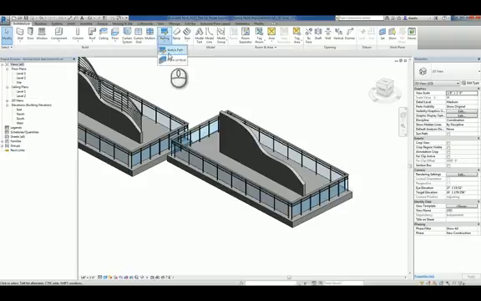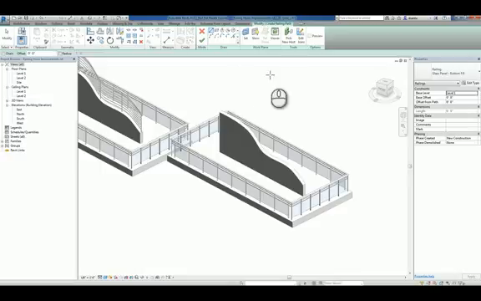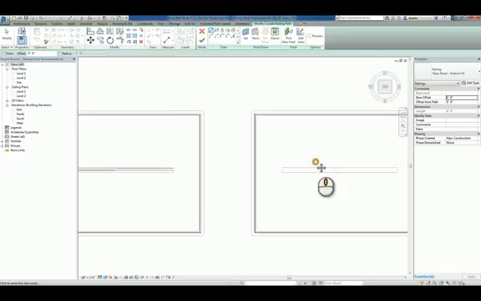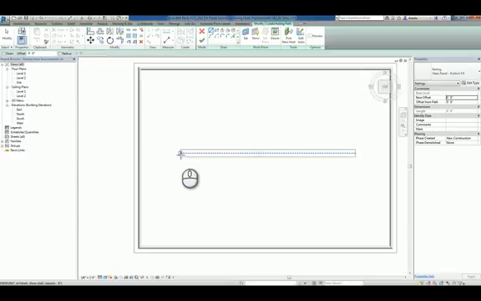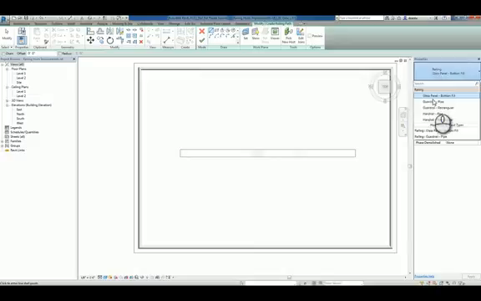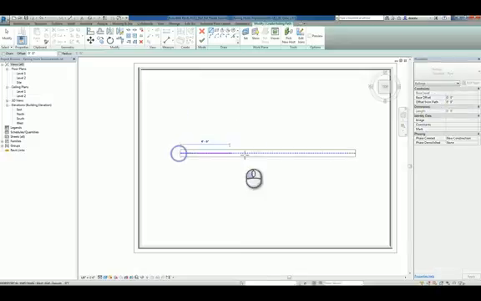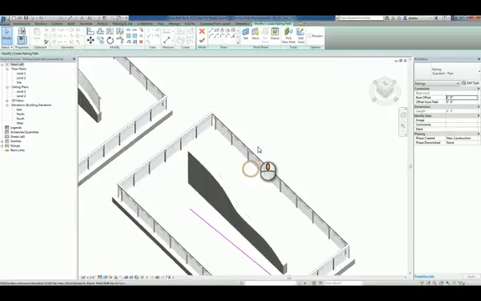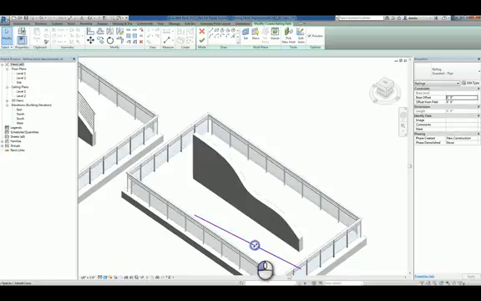What if we do the railing on this curved wall? So I can either do the same approach as I did earlier, or I can say Pick New Host first, select that wall, and then I can go in here and I can draw on that wall. And let's use, instead of glass railing, let's use guardrail. And I'll draw that railing directly on top of that host. If you need to, I can click Preview in 3D so you can see what it looks like as we're